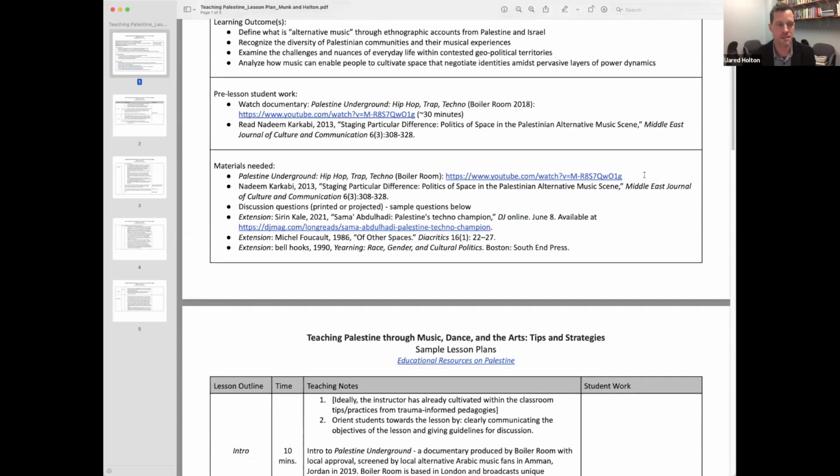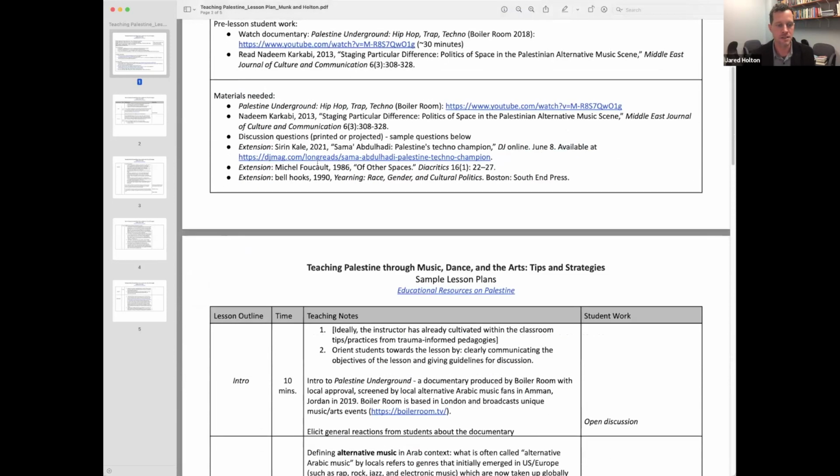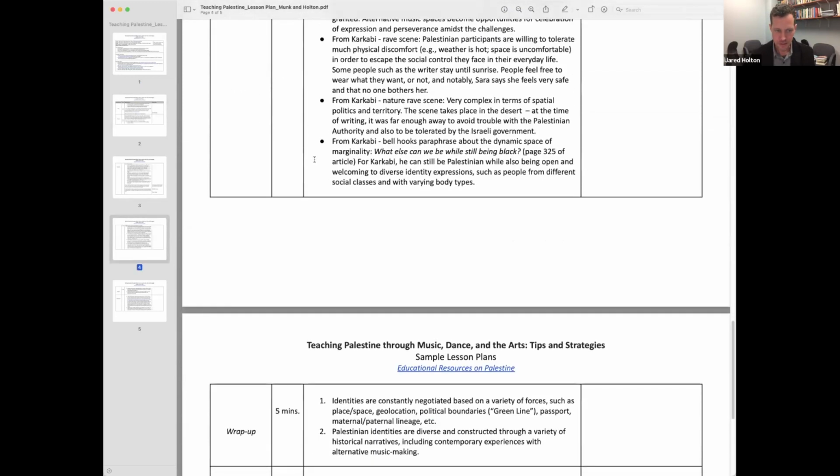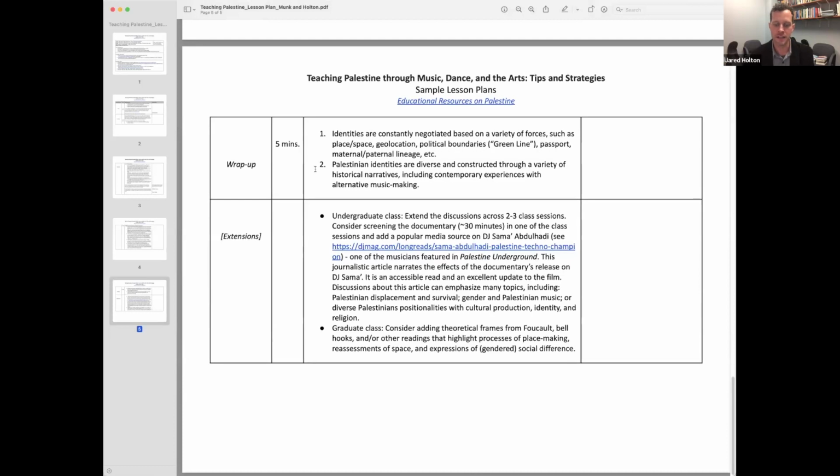but we've also included a number of extensions here, and all of these materials are here with the extensions, and I'll go down to the bottom where we talk a little bit more about the extensions. So in other words, you could take the basic material of this course and run it through 1 or 2 lessons within a unit, but you could also extend this to include DJ Sama Abdulhadi, who is featured in the